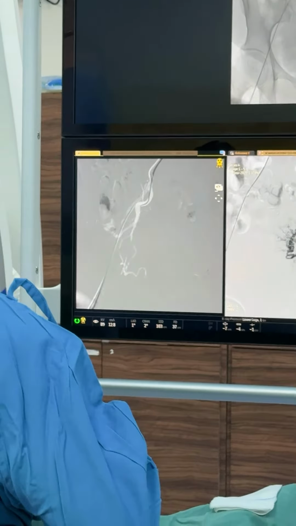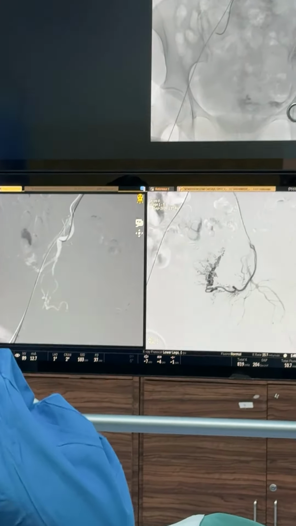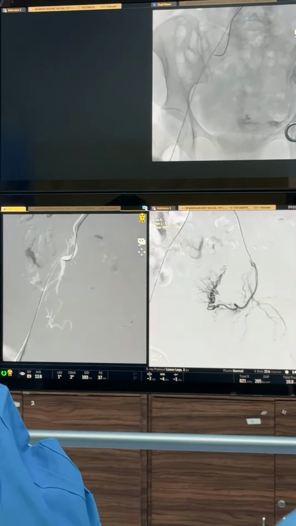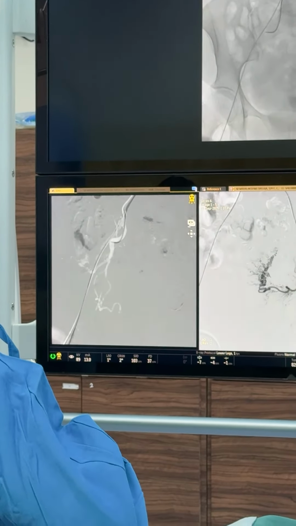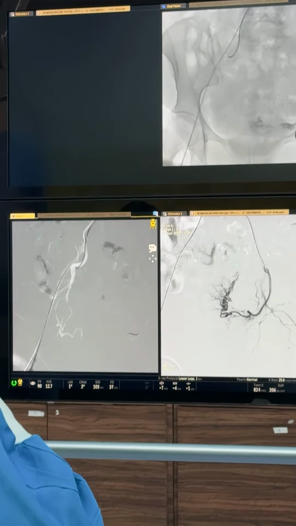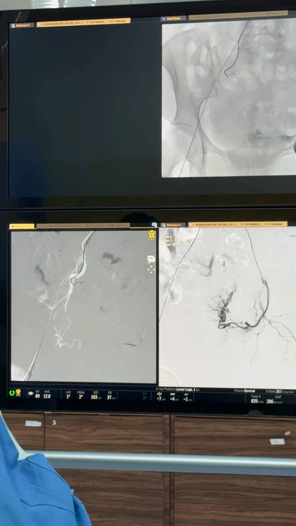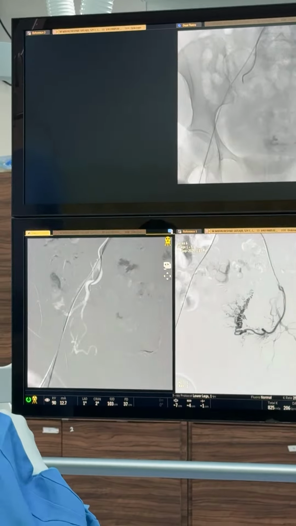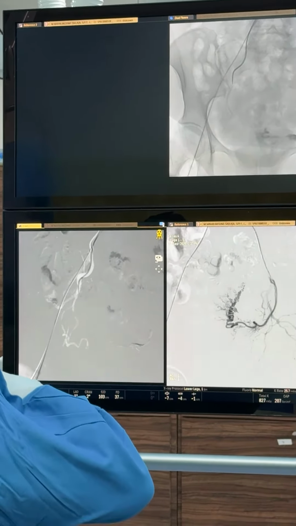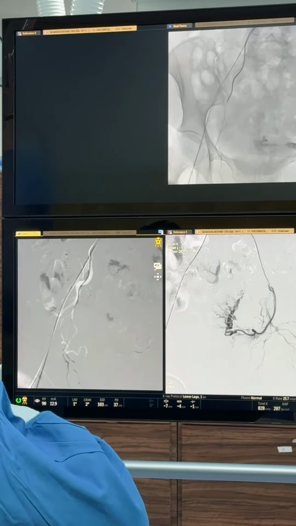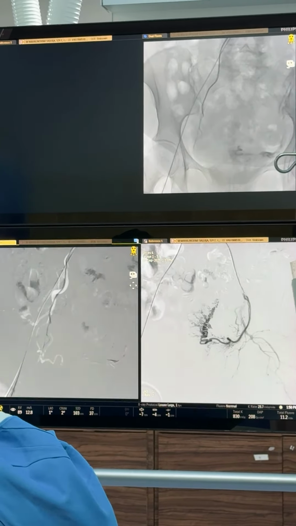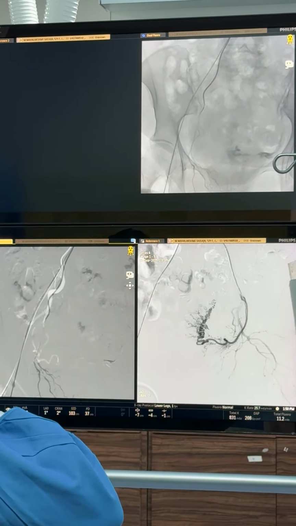Exactly. So one has to be really careful because the margins are quite tortuous. So you slowly make your way into